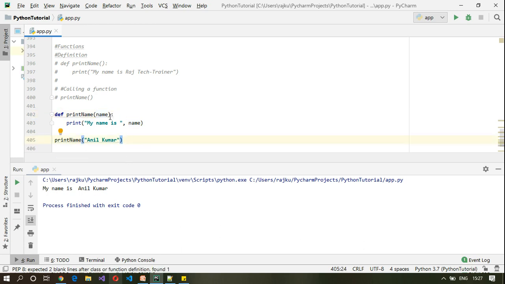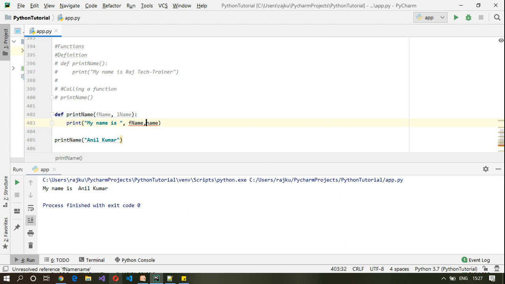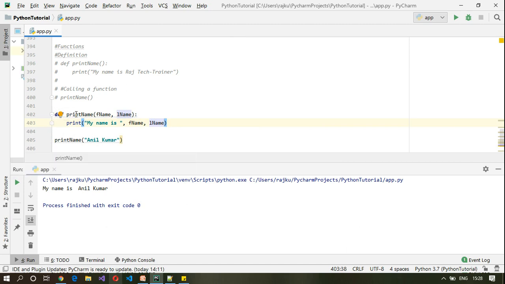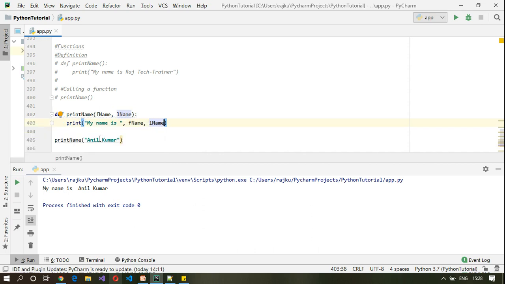Now I will modify this so that it takes two arguments, first name and second name, or last name. My name is first name, L name. Since we are calling this function with two parameters, I will change this to Anil and Kumar.